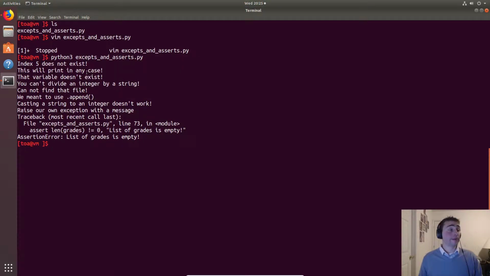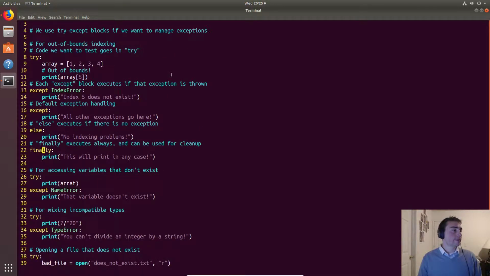So unlike an if statement, let's go ahead and open that file back up and go back near the top. If we have an except for a specific error and then another except statement that's a general one, both of these will get executed. It's not like an if, else statement where only one will get executed. When it comes to these except blocks, all of them that are valid will get executed. So we had an index error, and an index error is a type of exception, and this block will capture all exceptions. So both of these actually get printed.